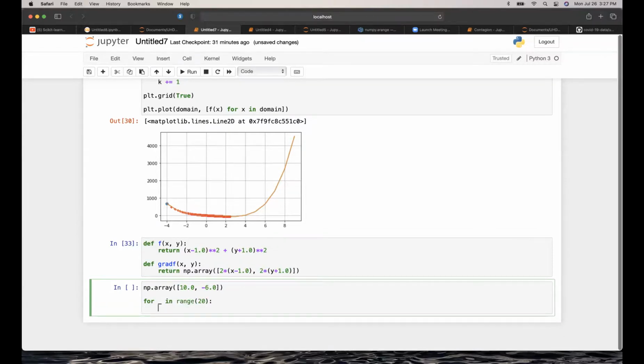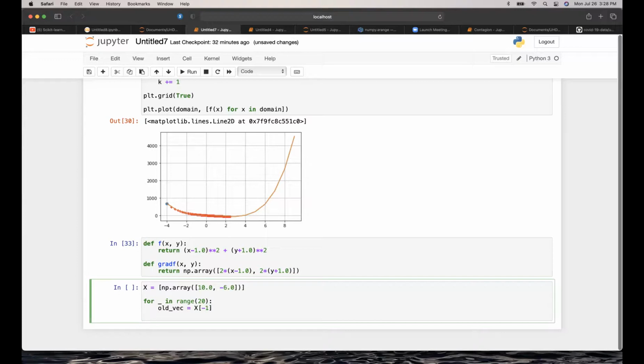What do I want to do? So I'm going to put that in a list and do the same thing. So old vec equals whatever I put in there last, and then new vec equals old vec minus